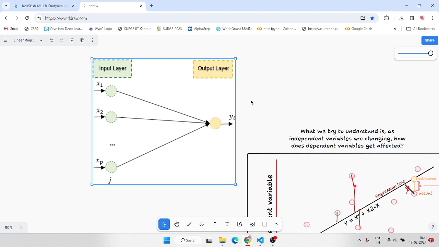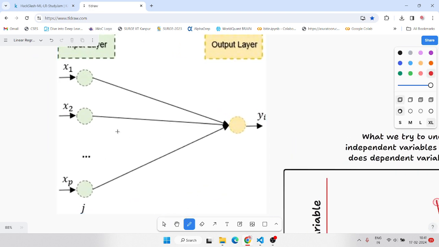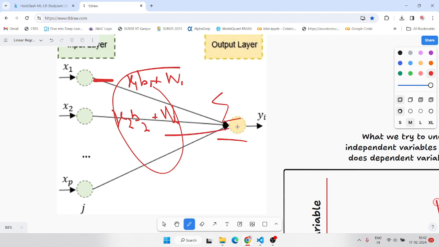So at this place, how it will process this further is, this will go into x1 into b plus w1, x2 into b2 plus w2, and at this place we will just sum everything that is present,